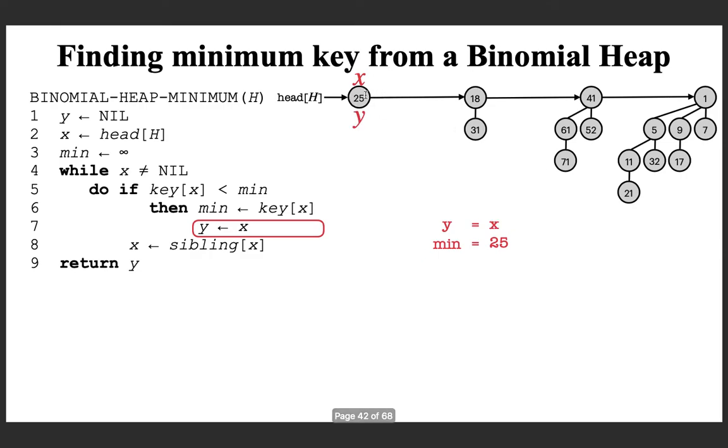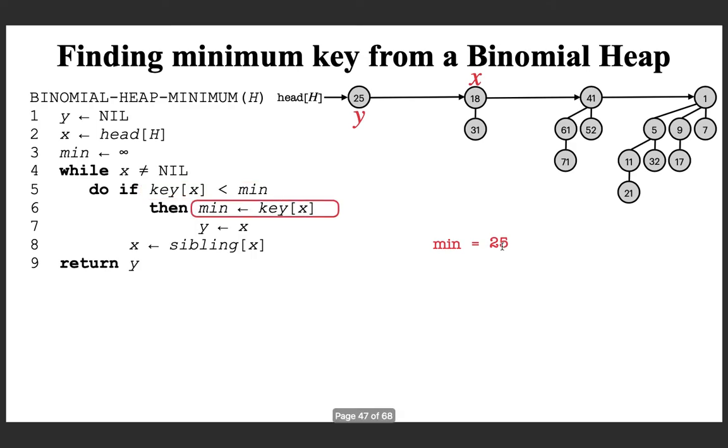So this is what you did, and after that what do you do? You update x to the sibling of x, which is 18. So if you execute, x will come here, and then you go back and repeat. x is not nil, so coming down you check whether the key of x, which is 18, is less than 25, which is true.